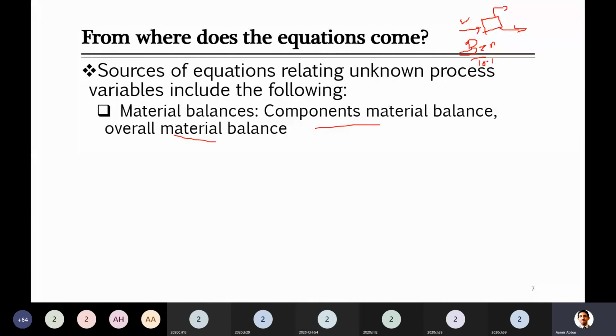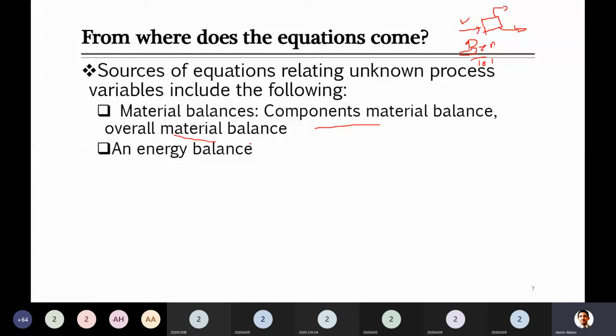Based on that, I told you that if the system is at steady state, you can make accumulation equal to 0, and if there is no reaction, generation and consumption become 0, and so on. You can simplify the equation. Similarly, when you jump to energy balance later on, you can find a similar equation. Inshallah, we will discuss this at that time.